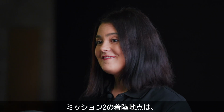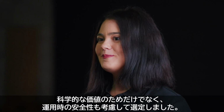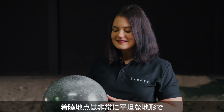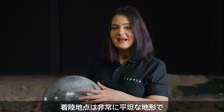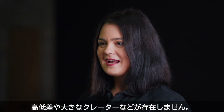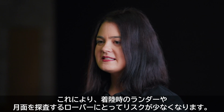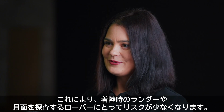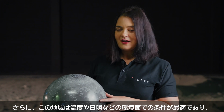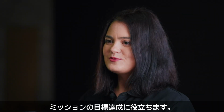So our landing site for Mission 2 was not only selected for its scientific value, but also with operational safety in mind. So our landing site has a very flat terrain without extremes in elevation change or large impact craters, which would pose a risk both to our lander during the landing process and for our rover as it explores the lunar surface. Additionally, this region has optimal environmental conditions like temperature and sunlight, which will help us achieve our